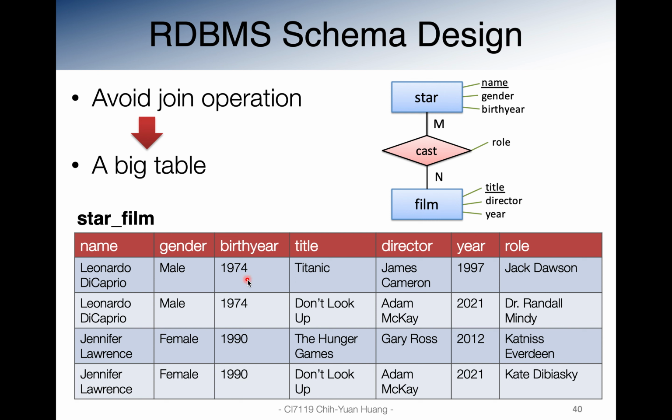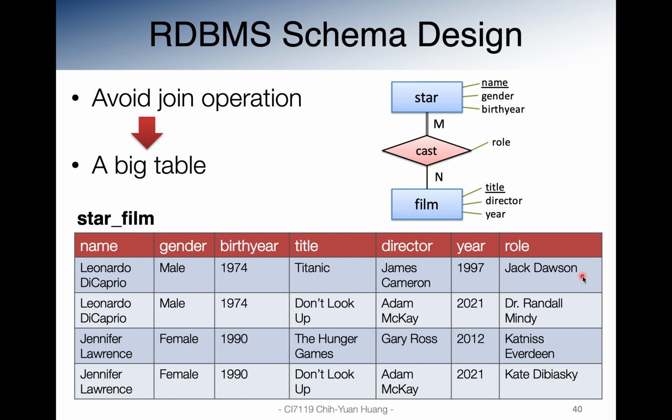One of the most famous films that he played in is Titanic, and the director of that movie is James Cameron, and the year is 1997. And in this film, Leonardo played Jack Dawson, so that's his role. So as you can see, we put the information of these two entities and also the relationship together